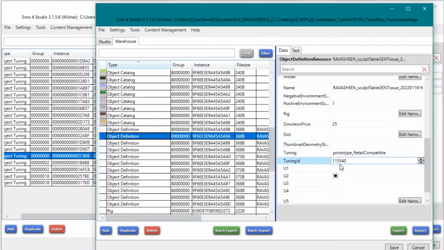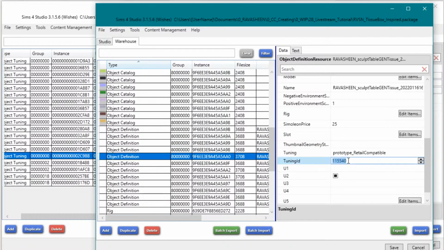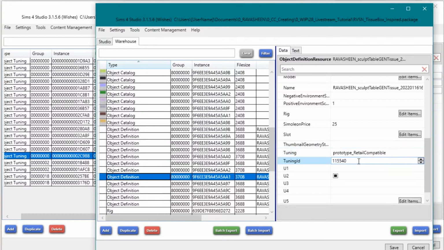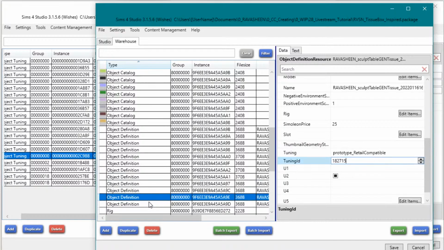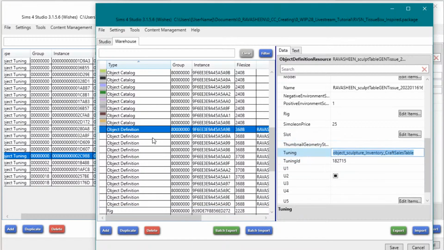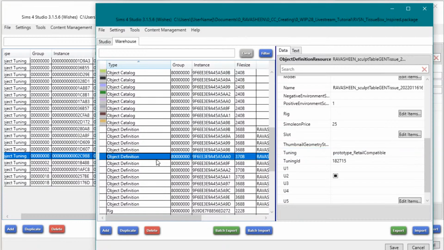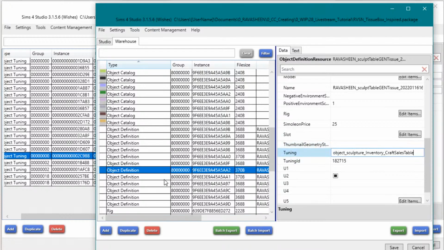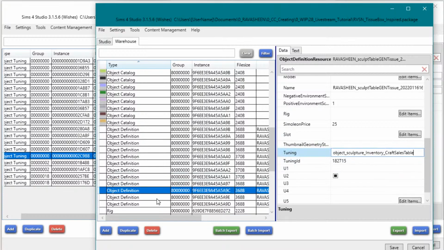Now, technically, this number is the only thing that matters. But it's not a good habit to change this and not change the tuning name, because you will be very confused next time you go and look at it. But sometimes it's quick since we need to change all of these. First go change the tuning ID, and then we'll come back and change this guy. So like I said, this blank part over here was just allowing us to quickly understand what the object tuning was and which one we wanted to apply. And now that we got that,